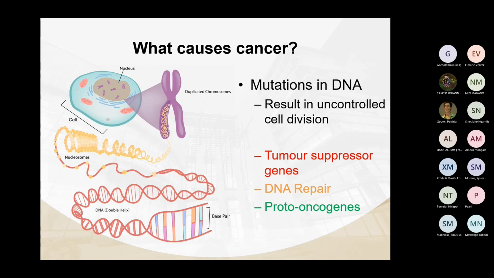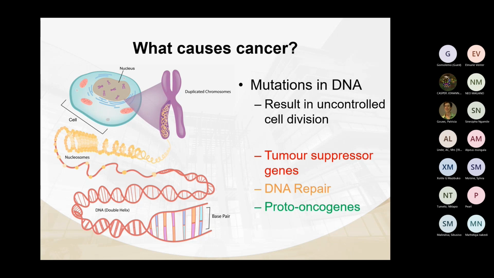So cancer is mostly caused by mutations in DNA, and usually these are mutations in genes that control how the cell must grow. And these genes can be tumor suppressors, like the name, they suppress the formation of a tumor; DNA repair genes, like the name, if the DNA is damaged, these genes come and repair; and then proto-oncogenes, on the other hand, although it does not say in the name, these are the genes that